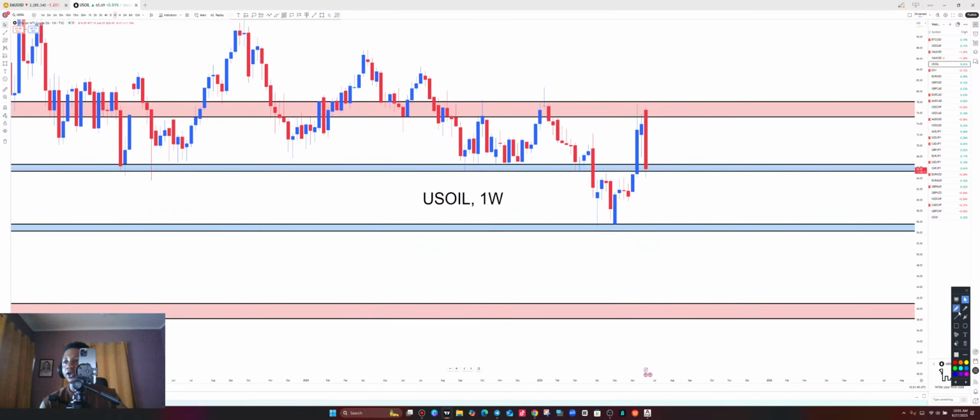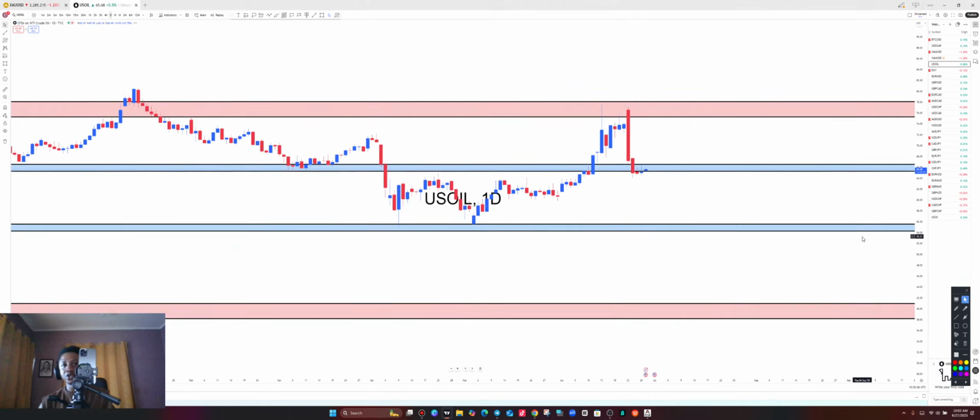All right. So, US oil, we are expecting price to break below this one support level to continue dropping all the way to the downside, as we have done the analysis from the 3 months all the way down to the weekly. Let's continue. How are we going to be able to find selling opportunities to sell all the way down on US oil? Let's go to the daily time frame for more info.